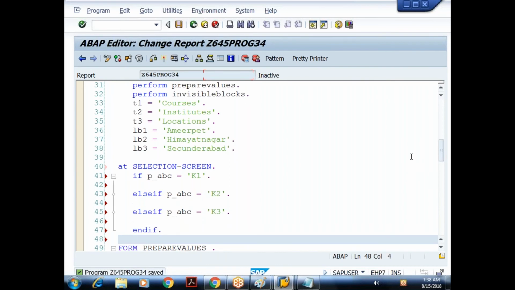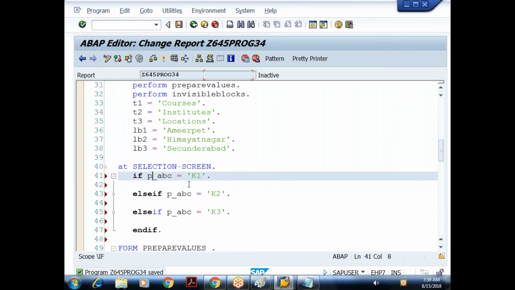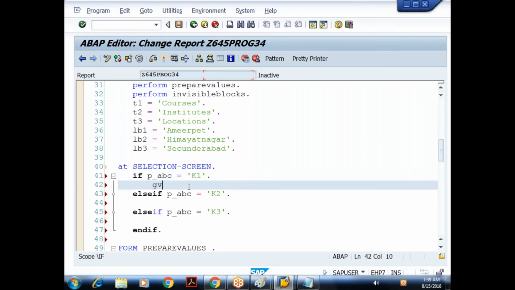I understood that the moment I select a value and press enter in the list box, the event triggered is at selection screen, and the key of the selected value will be captured in the list box internally. So I'm checking: if the list box value is K1, I'll set the flag value to 1.